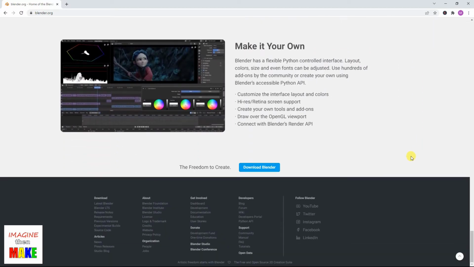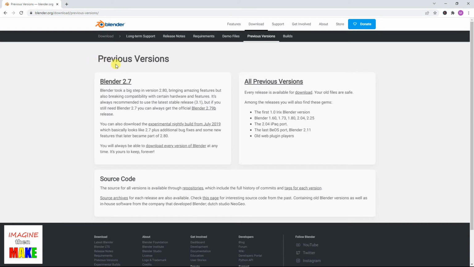All the way down at the end of the page, you see a whole list, a footer that has a whole bunch of other links that are worth perusing at your leisure. At this particular moment, I want to call you to this previous versions link. If I click on that, it brings up this previous versions page, and then over here it says all previous versions. Every release is available for download. Your old files are safe. So if I click on the download